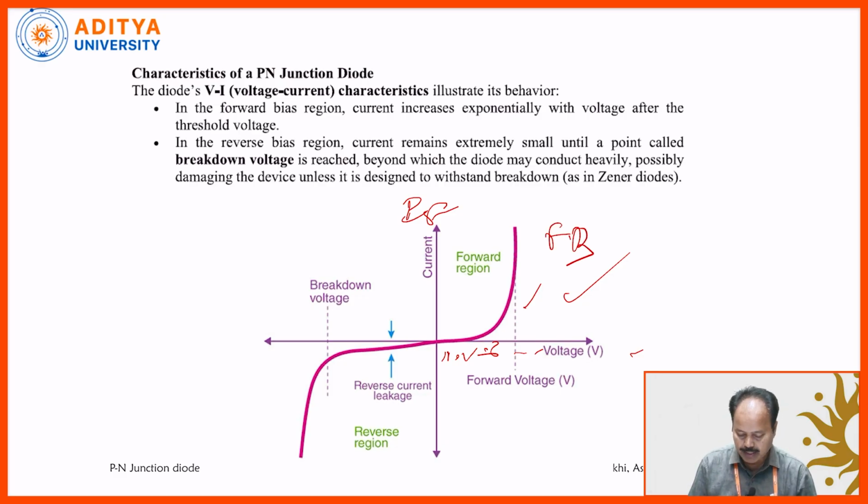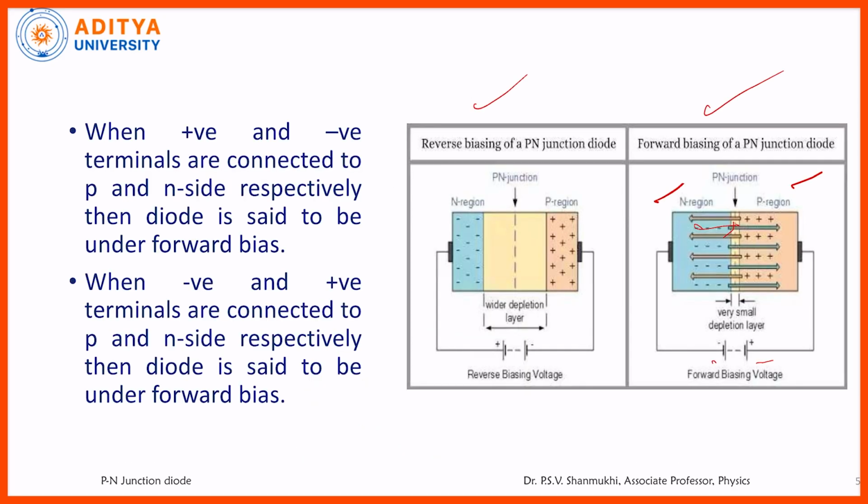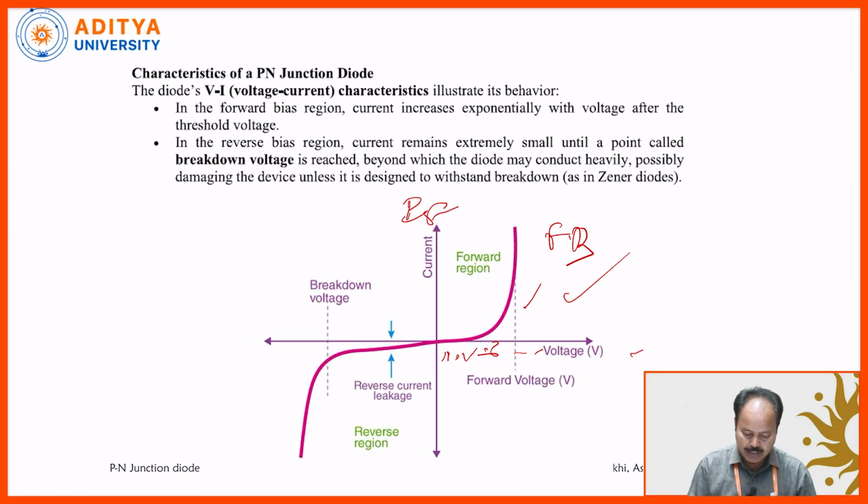Coming to the reverse bias, reverse bias means when the positive terminal is connected to the N side and the negative terminal is connected to the P side. Under reverse bias, what happens? Actually, on the N side, there are more electrons, the majority carriers, and they are attracted by the positive terminal. On the P side, more holes are there, and they are attracted by the negative terminal. That's why the depletion layer width increases. As we increase the reverse voltage, the depletion layer width is increasing, that's why the current should be